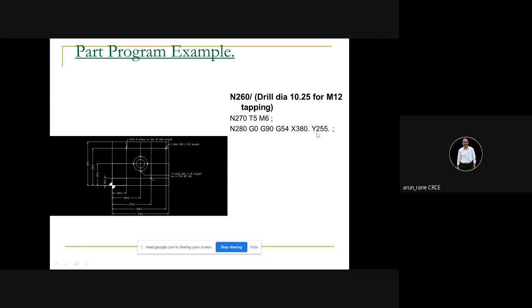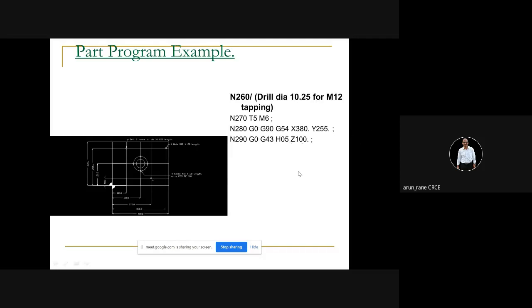Now this X380 and Y255 is not with respect to the machine zero point, it is with respect to the program zero point. All the dimensions which are programmed in the workpiece are with respect to the program zero point, and this program zero point we have already defined in G54, that is nothing but the work offset.